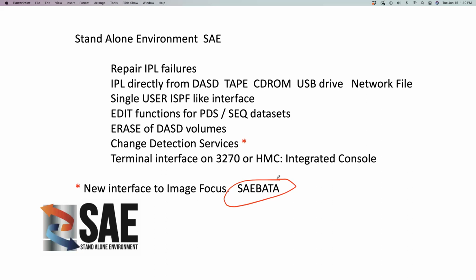The other new improvement here is the ability to interface with SAE from the HMC integrated console. This is a new capability that we've introduced in this release of SAE. So some of you looking at the list are customers of this. You may not be aware of it, but this gives us a great deal more flexibility and capability to use